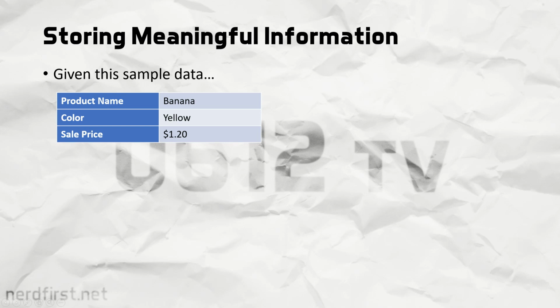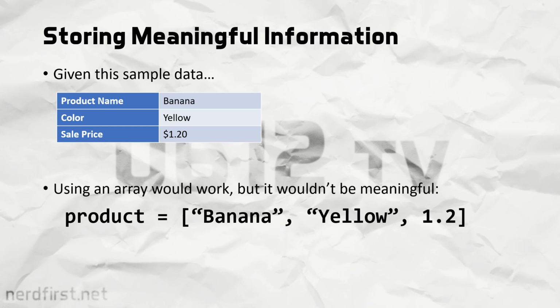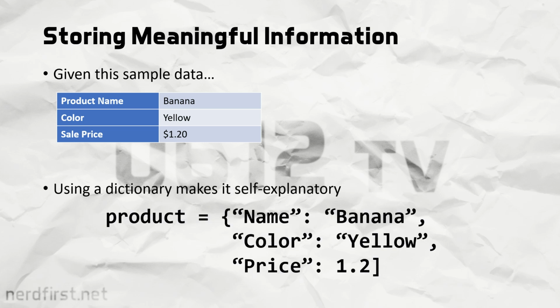Now, just imagine a simple data structure that holds some information about a product. If you were to use an array to hold this information, well, you would have to somehow memorize what the 0th position is, what the first position is, what the second position is, and so on. However, if you're using something like a dictionary, it makes a lot of sense right off the bat. The key already describes what you expect to find in the value. This mapping becomes explicit as opposed to having to look up a separate index before you know what to look for. That is why when you're interacting with more complex data structures, dictionaries are used very often,